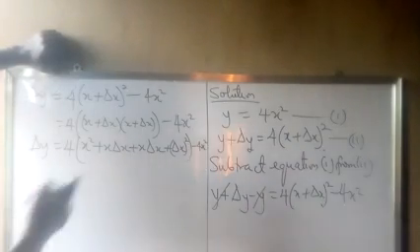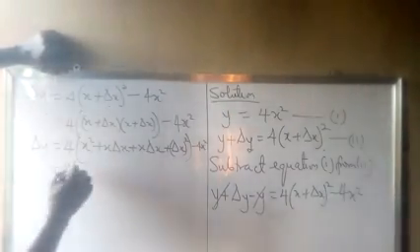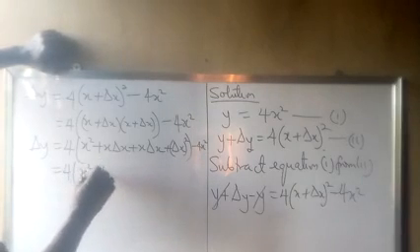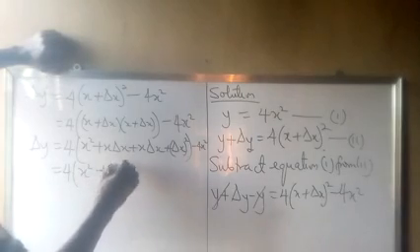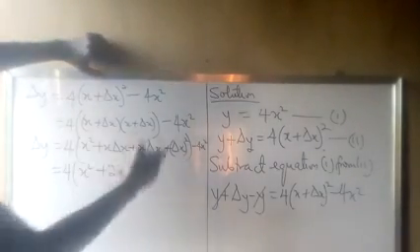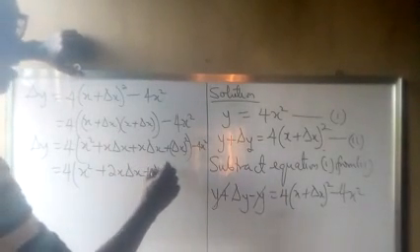So what do we need to do now? Let's evaluate the one in the bracket before we open up the bracket. So we have x squared plus x delta x plus x delta x. That is plus 2x delta x, because we are having 2x delta x there. Plus delta x all squared,